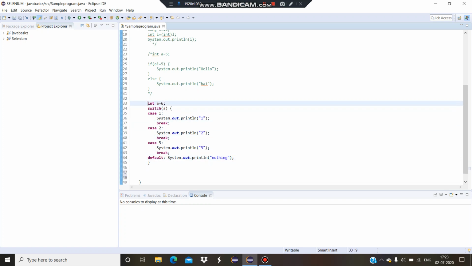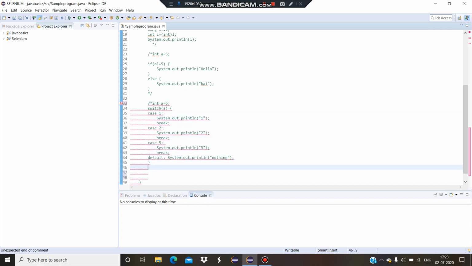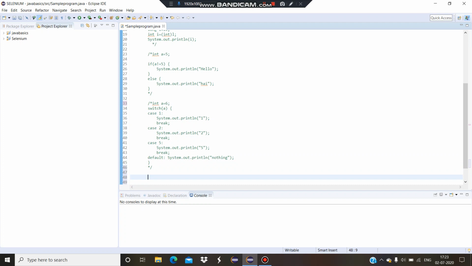So I'm commenting this. Now the for loop is basically used to iterate until a certain condition is met. The syntax of the for consists of three parts. One is the initialization, second is the condition, and third is the update.